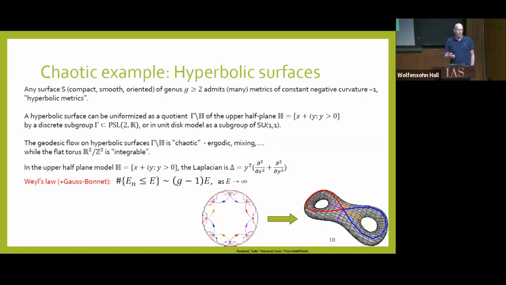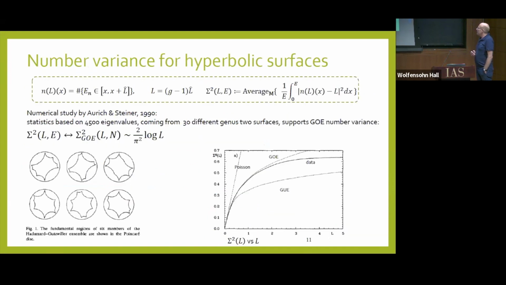Now, nobody knows a formula for the eigenvalues here, but we still have Weyl's law, and Weyl's law says that the number of eigenvalues grows linearly with the energy, and the prefactor is the area over 4 pi, which is just the genus minus 1 by Gauss-Bonnet. Okay, so let's play this game of computing number variance. You can either do an energy average, which I don't know how to do, or, as was done earlier, do an ensemble average. So you take several hyperbolic surfaces of genus 2,